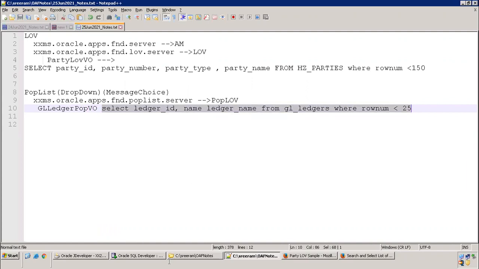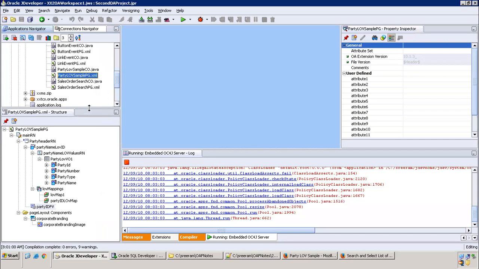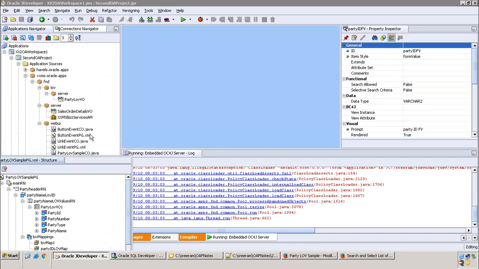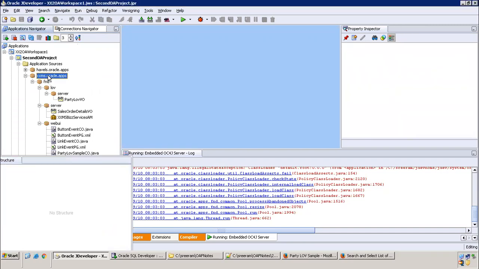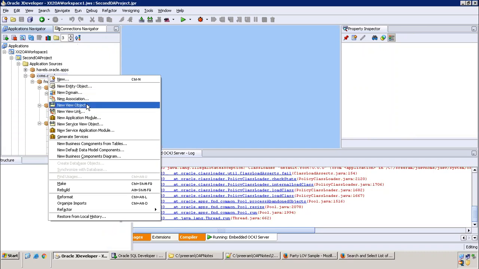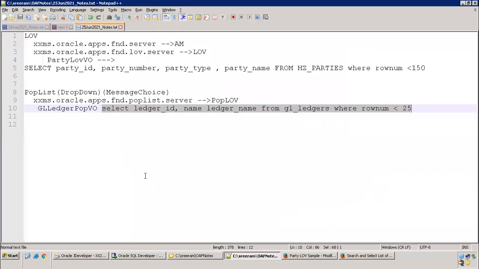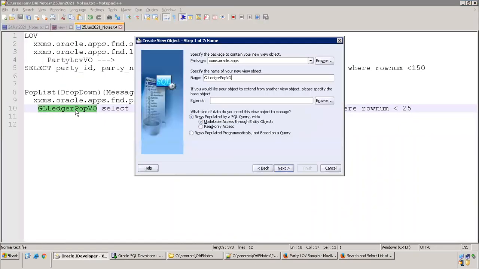Now go back to the server package. Here on the FND or maybe XXMS, right click on new view object, click on next. Now let me name this one GL ledger pop VO. The package you have to change.